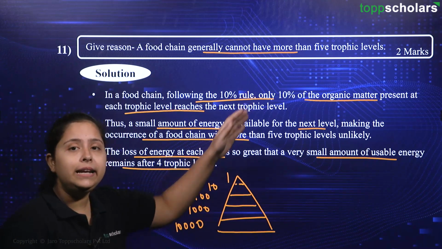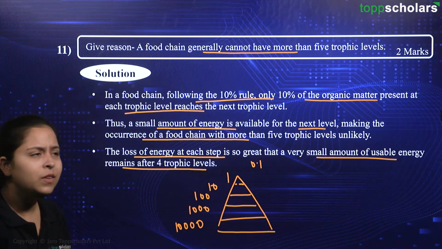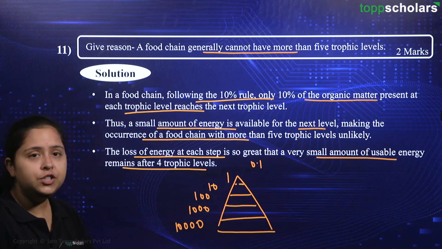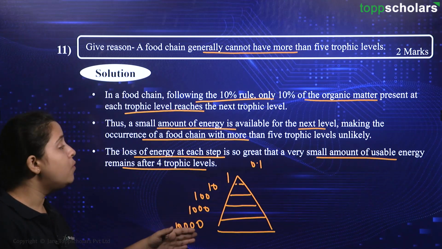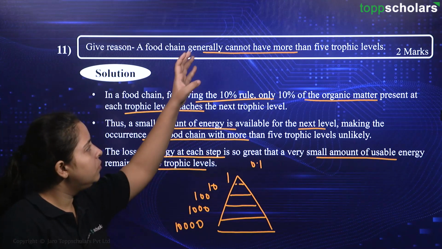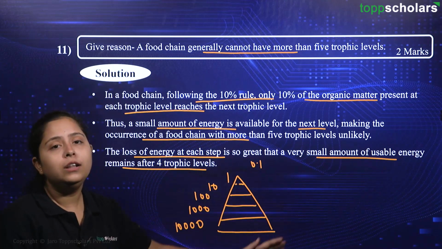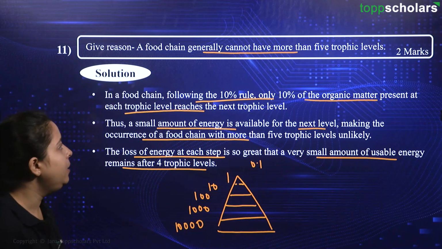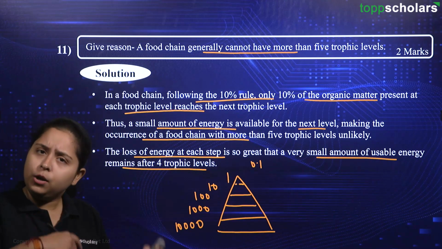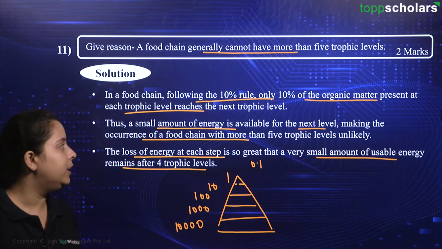If we have a 6th trophic level, then 0.1 joule of energy will be available, which is a very small amount. Hence, due to the significant loss of energy, we cannot have more than 5 trophic levels in a food chain. Generally, we have 5 trophic levels in a food chain only. More than that is not possible considering all the energy loss. I hope this concept is clear to you. Please remember the 10% rule because applied questions relating to this topic also come in your paper. We will deal with them in a later video.